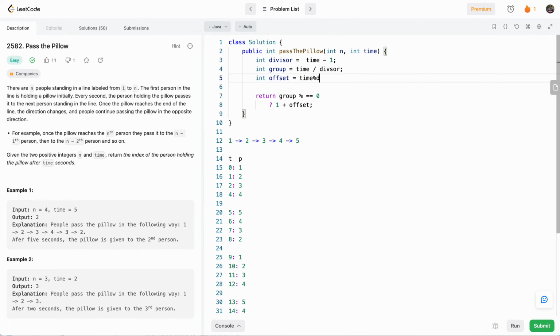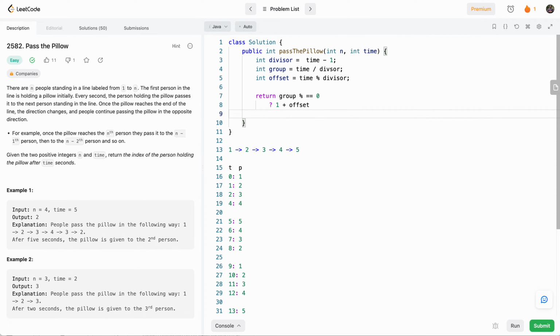So if we're at 0, the offset is going to be 0. Here the offset is 1, 2, 3. And then when we come to the next group, when we mod it with divisor, the offset over here will be 0, 1, 2, 3, and so on. So whatever the offset is plus 1, because 1 is our starting position, that will be where the pillow ends,